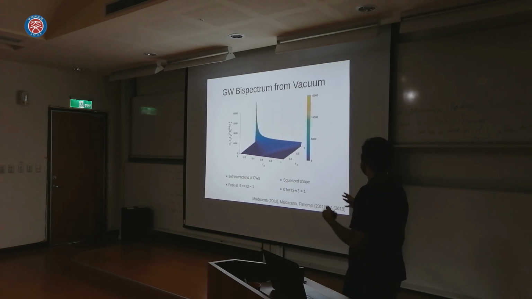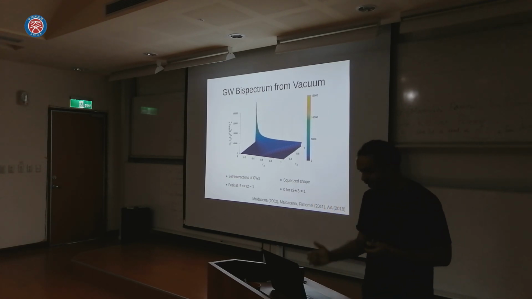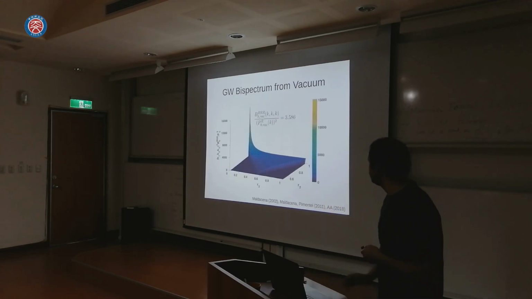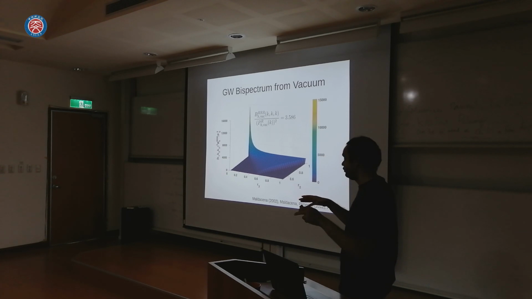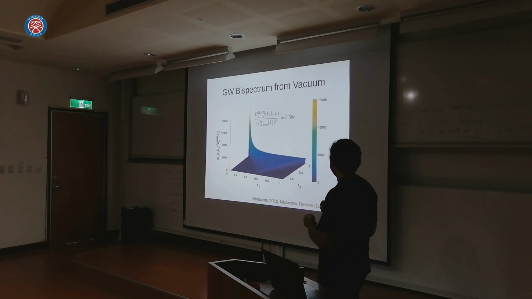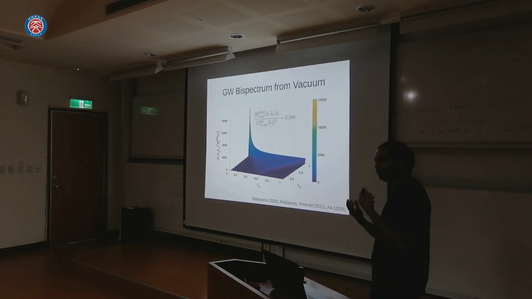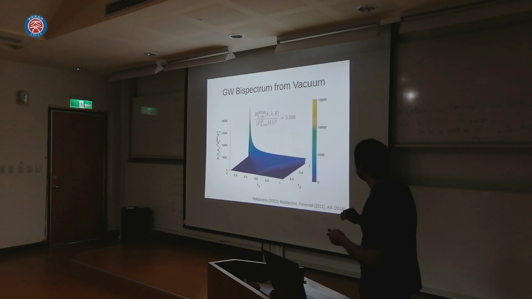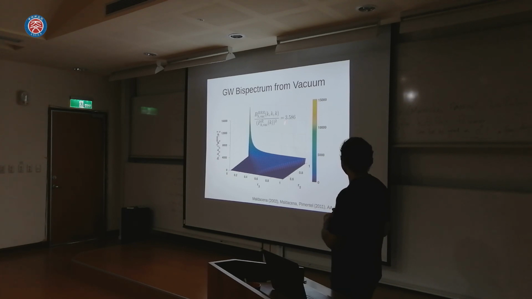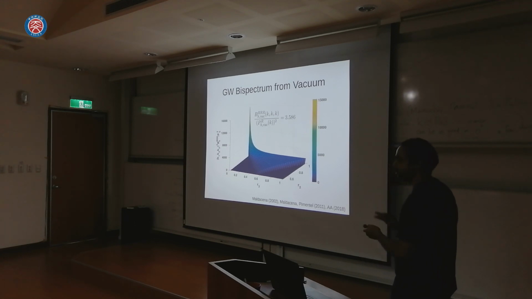Now, this whole picture is fine, but what if we want just one number to characterize how non-Gaussian these gravitational waves are? We can do that using this particular ratio, which essentially represents the skewness of the distribution of gravitational wave amplitudes divided by the square of their variance. A number that is very high gives you a very highly non-Gaussian distribution, and a number that is close to 0 gives at least a distribution that is not skewed. For this particular case, for vacuum fluctuations, we find that this is about 3.6. So it's of order unity.